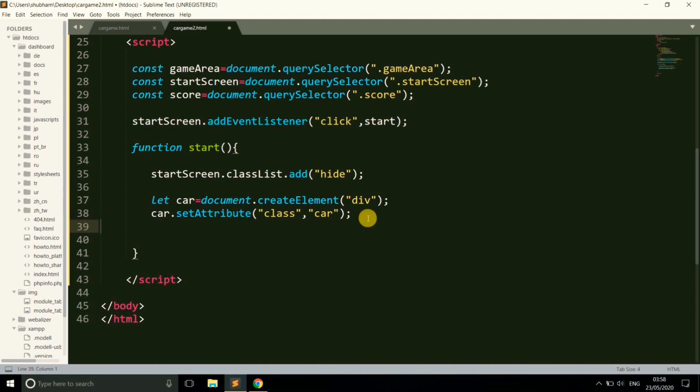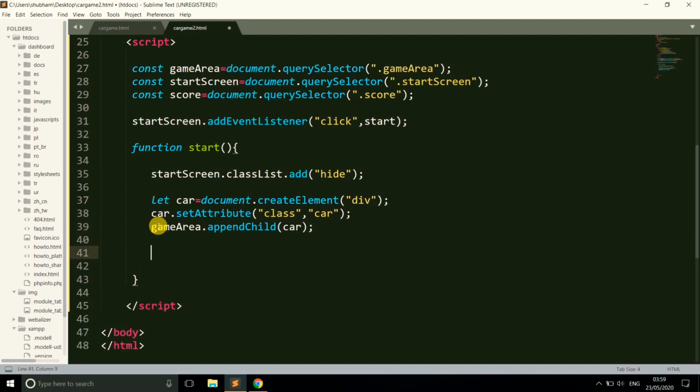Now we need to append this in the game area. Just write game area dot append child, and in the braces there is car.